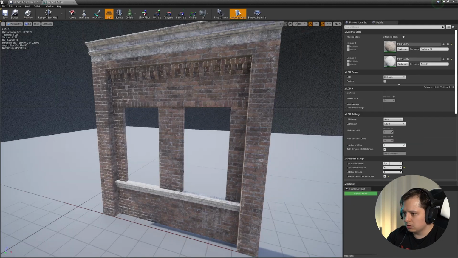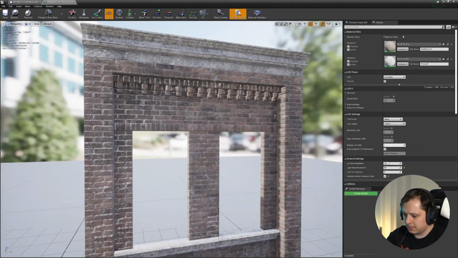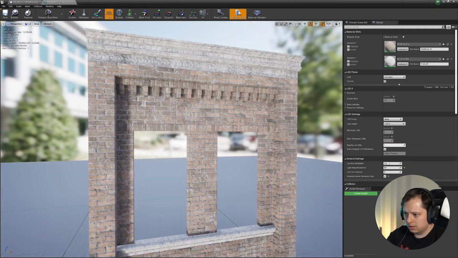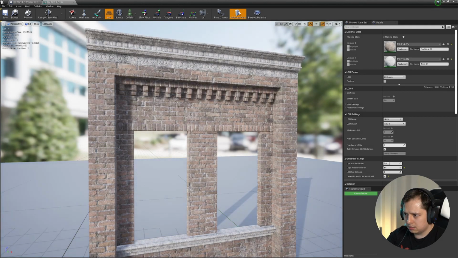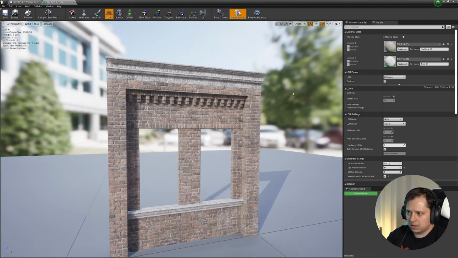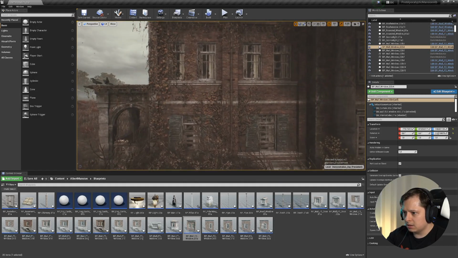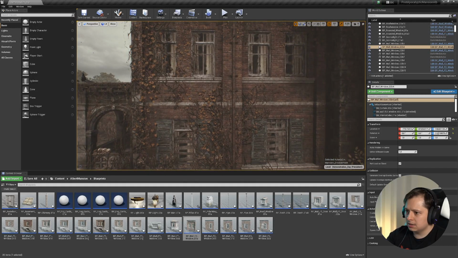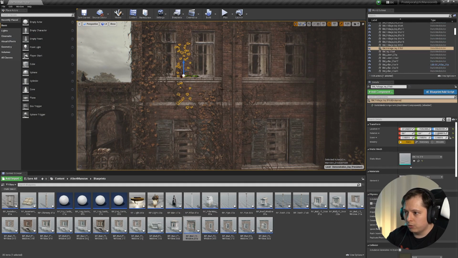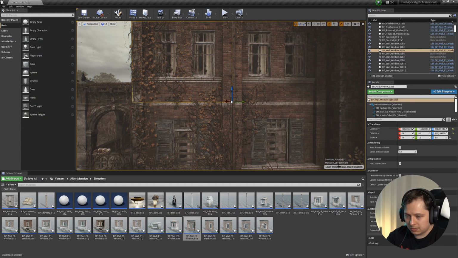Let's take a look at the mesh. So this is a mesh. Let me change the light. It's done with 2 materials: a brick tileable material and a trim material. So it's pretty cool, and what I especially like in this environment is that the shaders are done very well. So let's go to the shader of this